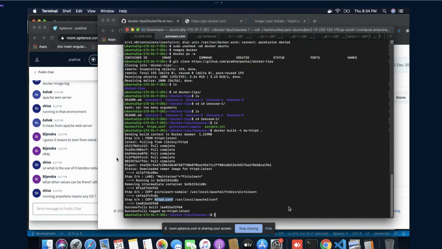Okay, now in order to run this project, I may have to perform this step.